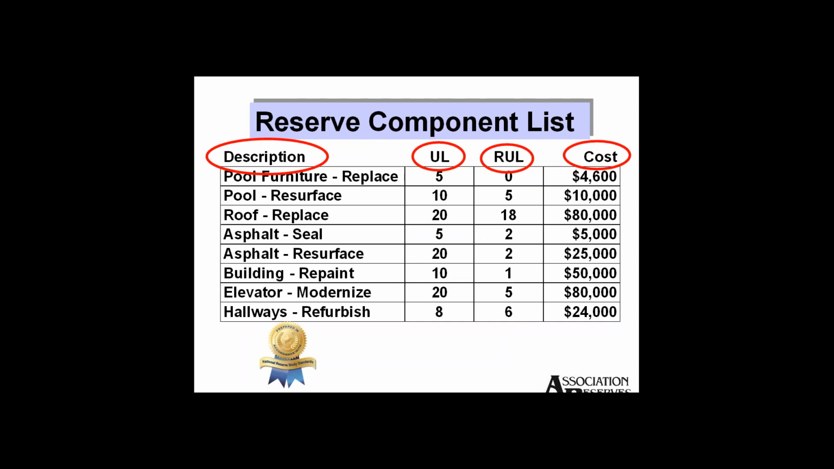The result is a component list that looks something like this, with a description of each component, its anticipated useful life, remaining useful life, and current cost estimate. This is the simplified reserve component list that I'll be using for today's examples. So,